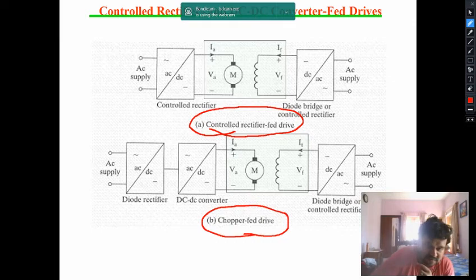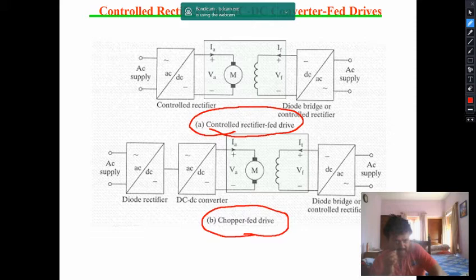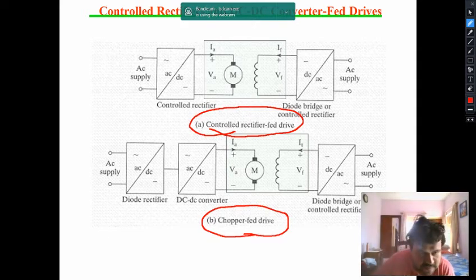That means I have just introduced a second stage in the armature circuit to have more level of controllability. How? You see,